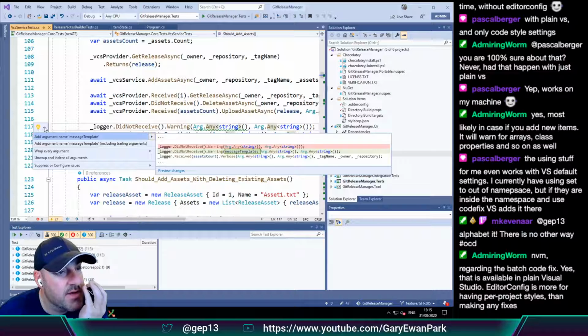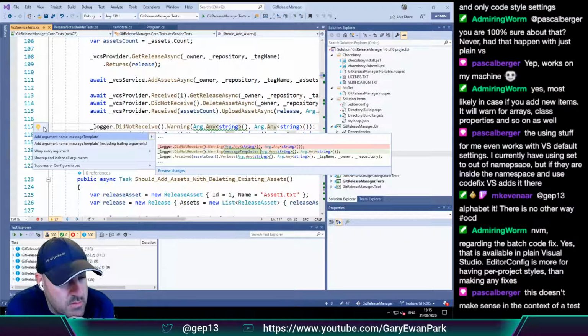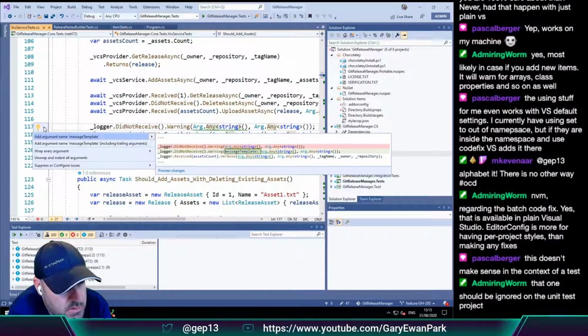Add argument name message template. Add argument name message template, include trailing comments. Unwrap, suppress, or configure issues. This doesn't make sense in the context of a test. This one should be ignored on the unit test project.